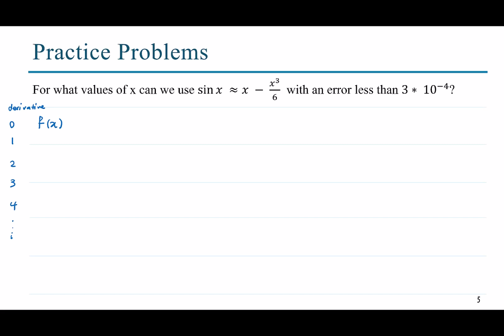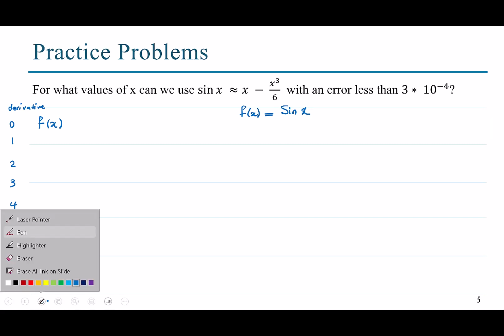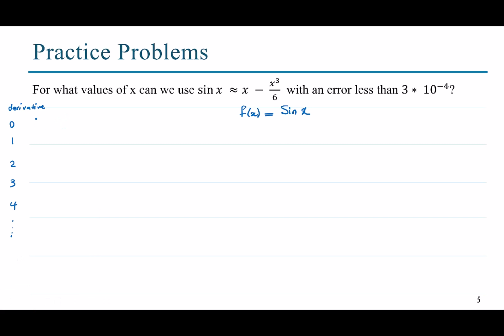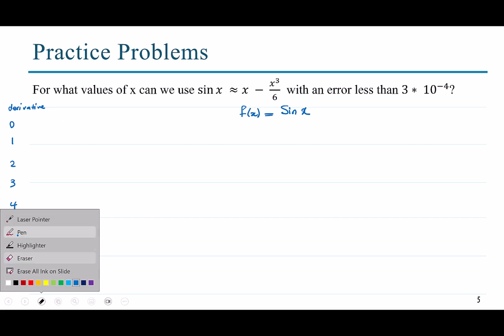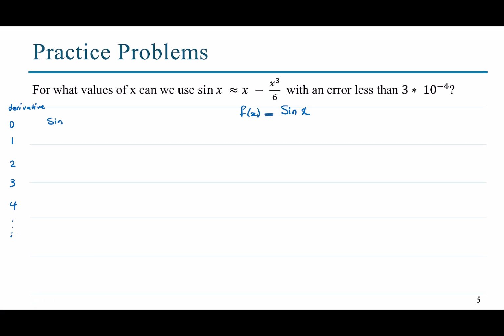So for the 0 one, n is equal to 0, and the function that I'm trying to find the Taylor series for is sine x. So for the 0 derivative, I have the function itself, so sine x. The first derivative, I have cosine x. I continue: negative sine, negative cosine,